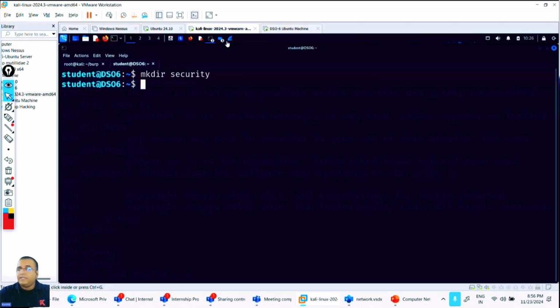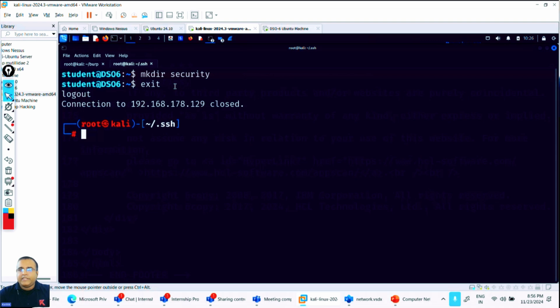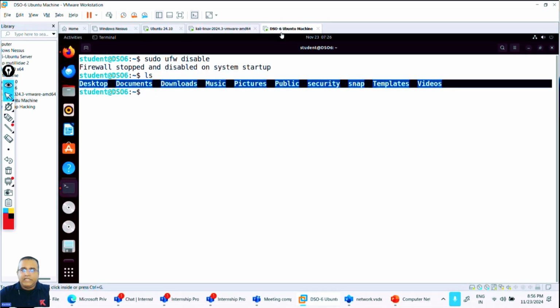That is what SSH is basically designed for. I can run commands and things, and all of it can be done out here. This is basically used by an administrator from a remote machine to connect to the server to monitor the server. So now what I will do is let me